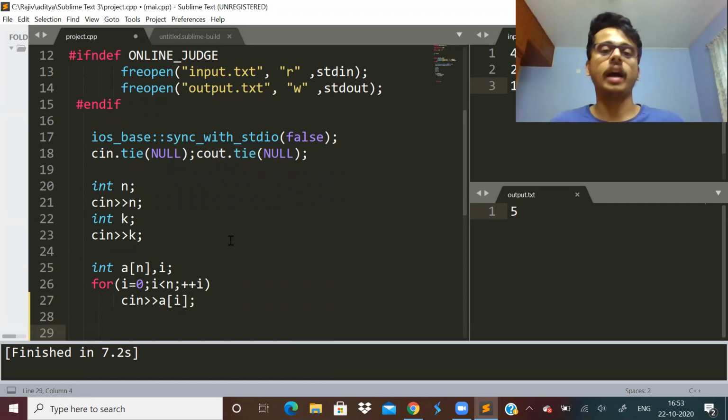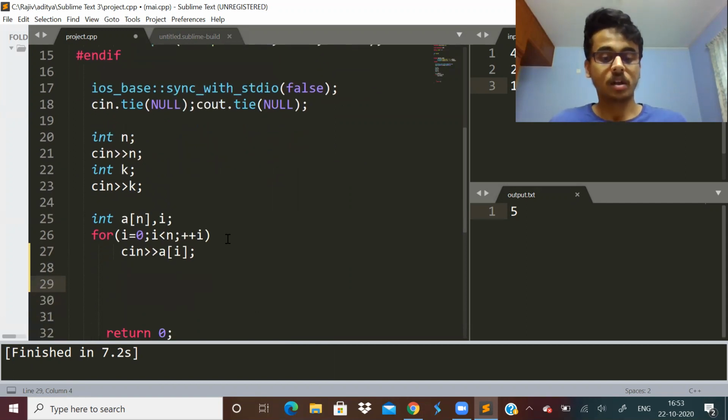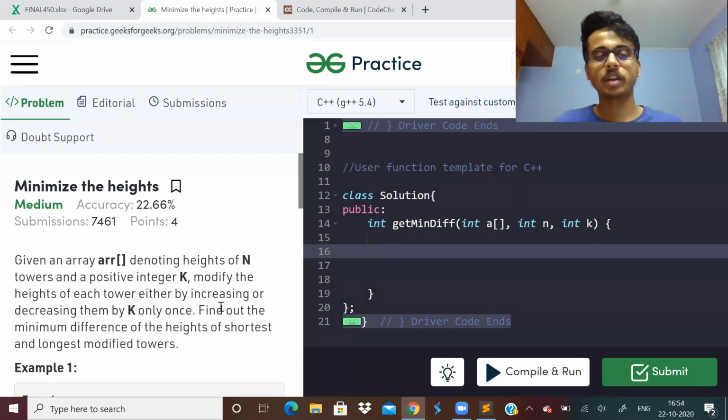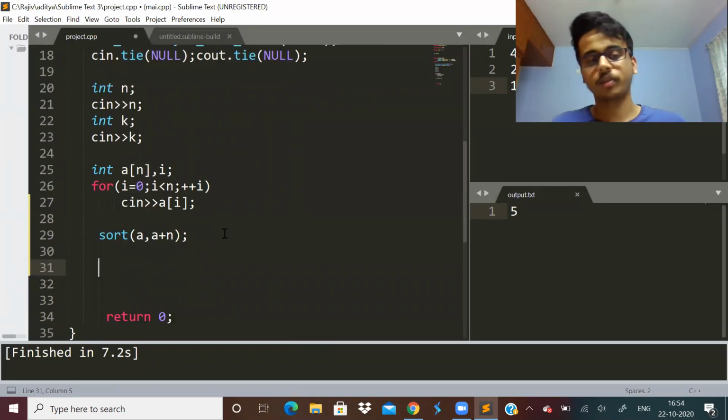After taking the array input, actually first let us sort the array, because when we read the problem, we realize that they're asking about minimum, maximum, something like that. So it's better to sort the array, because when we sort it, we'll get to know the minimum and maximum, and we can do the operations accordingly. So we'll sort it first.